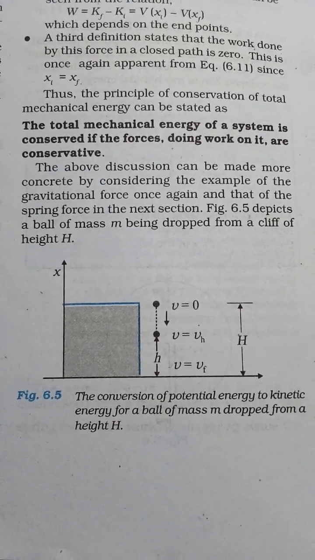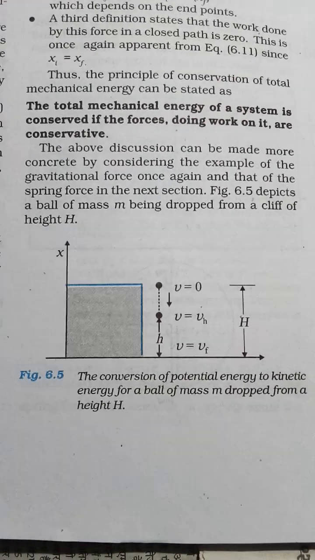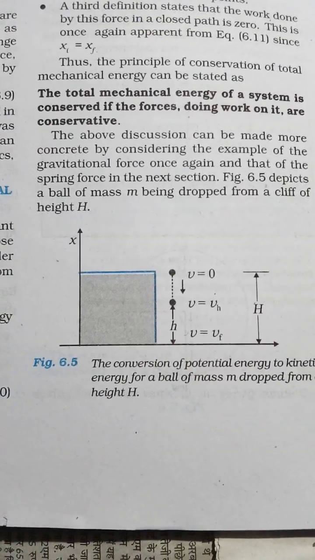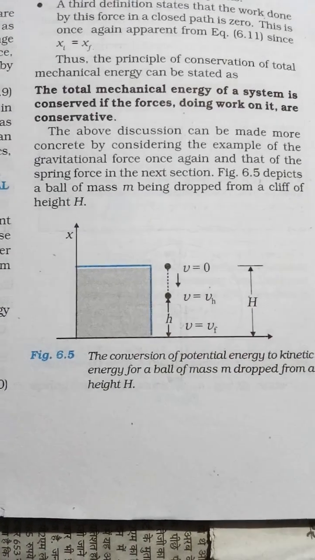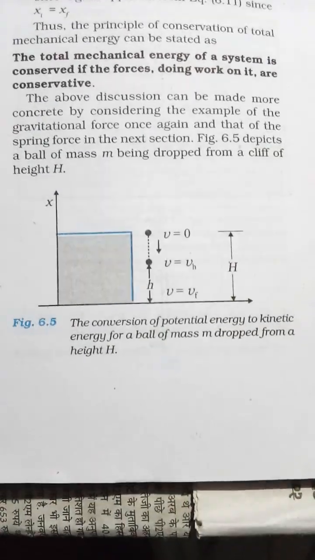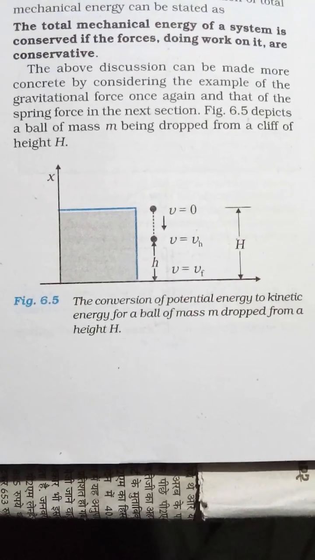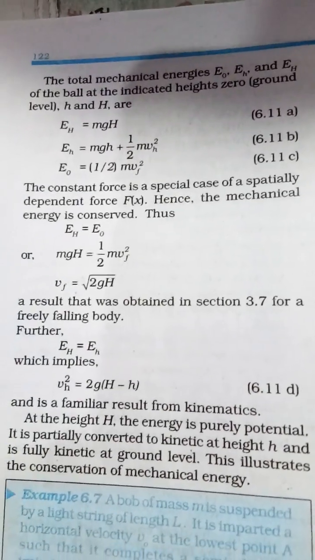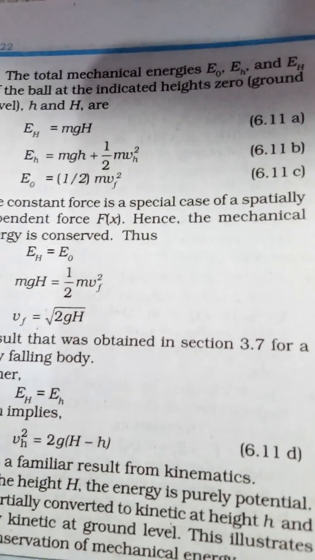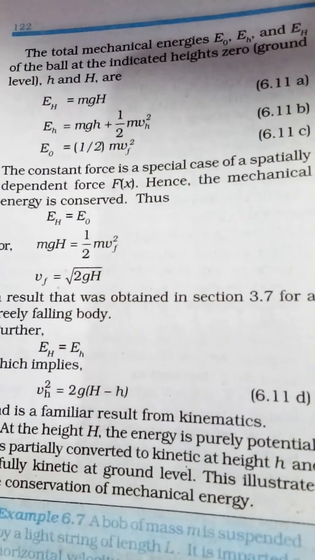The above discussion can be made more concrete by considering the example of the gravitational force once again, and that of the spring force in the next sections. Figure 6.5 depicts a ball of mass m being dropped from a cliff of height h. Figure 6.5: conversion of potential energy to kinetic energy for a ball of mass m dropped from a height h. The total mechanical energies E0, EH and Eh of the ball at the indicated heights 0, ground level, h